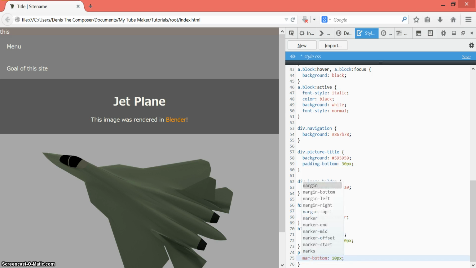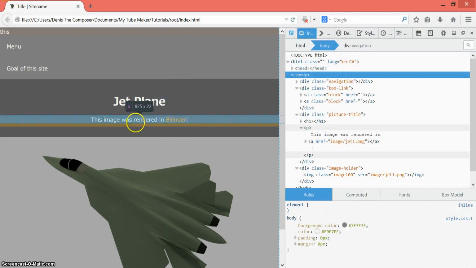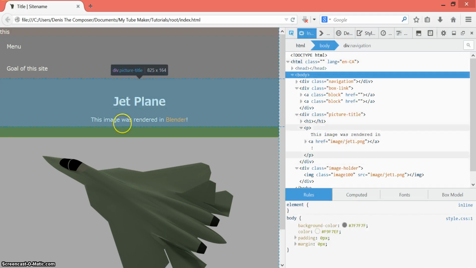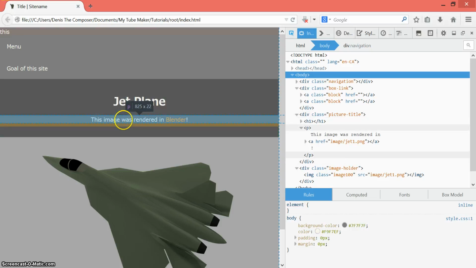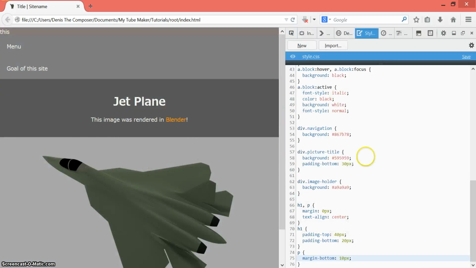Let me just see. Oh, well, it collides with margin. Okay, great. It kind of bothers me that it does that. I don't know, there must be some explanation, or probably somebody can explain to me why margins and paddings collide. I'm not exactly sure how that works, but you just kind of had to figure it out. Okay, so